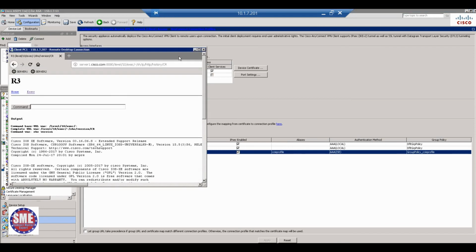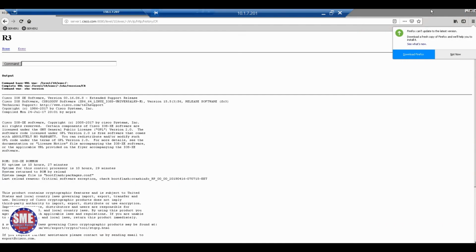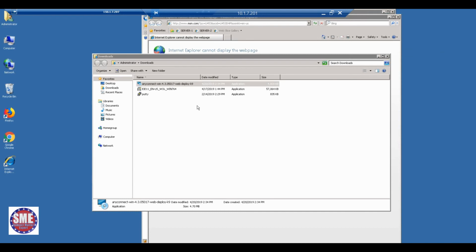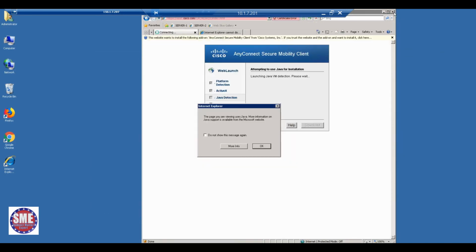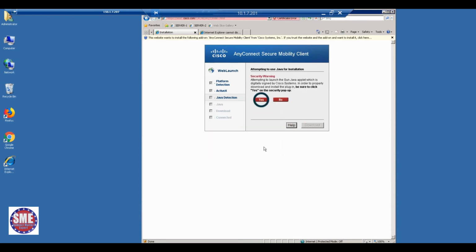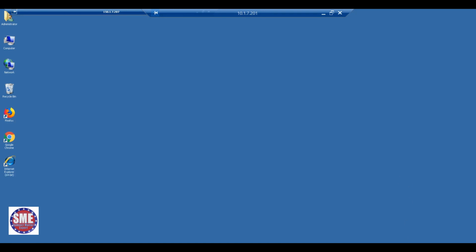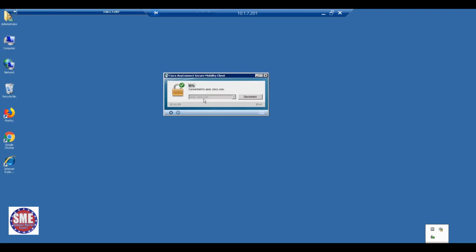Then client PC1 will do the verification, right? AnyConnect is already connected. You need to keep it on. This one? This one. It's already connected, right? I'll disconnect and connect it.